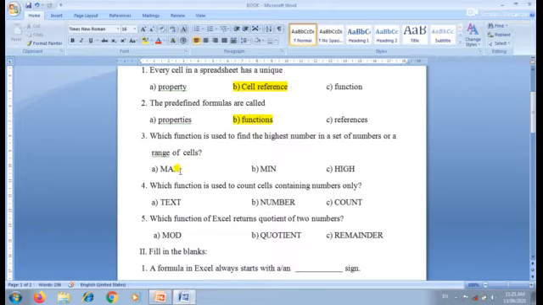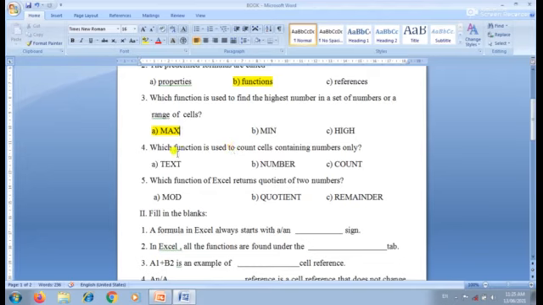Only max and min functions are available. If you want to find the highest number in a set of numbers, you have to use the max function. Okay. Which function is used to count cells containing numbers only?